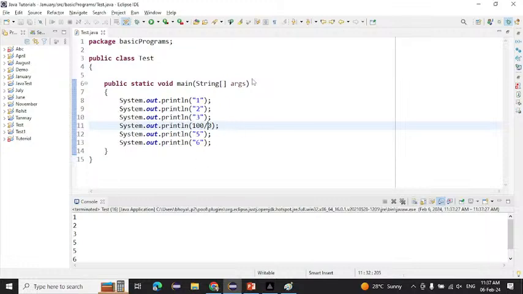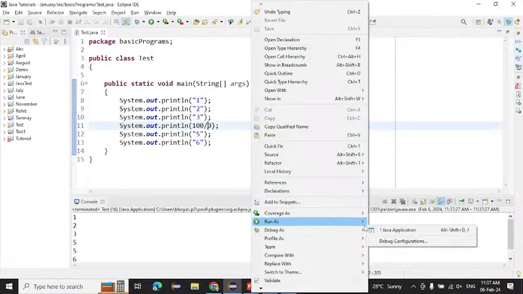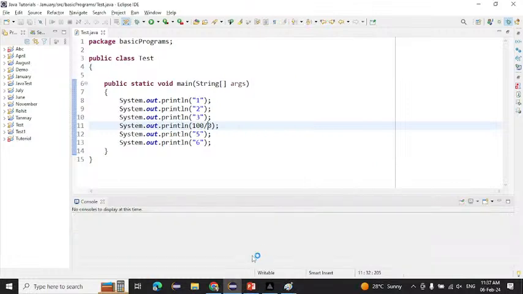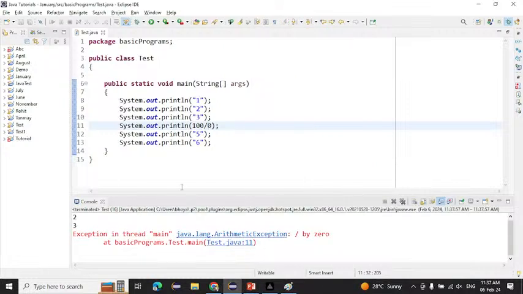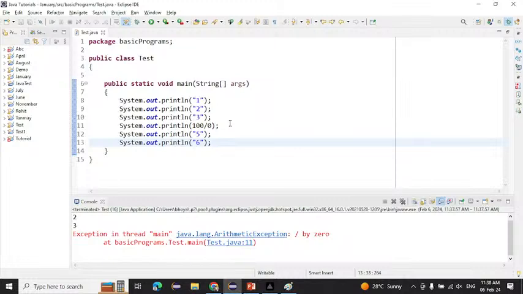Now if I run this one, an exception will come. Which exception? Arithmetic exception. If I run this one, arithmetic exception will come on the console. And after that, see, 5 and 6 are not printing on the console, right? 5 and 6 are also not printing on the console. Why? If an exception comes,